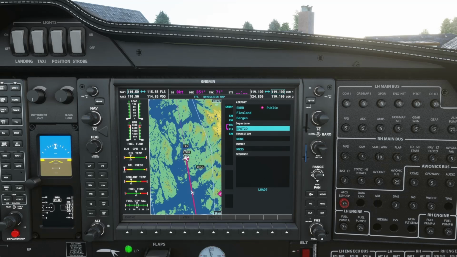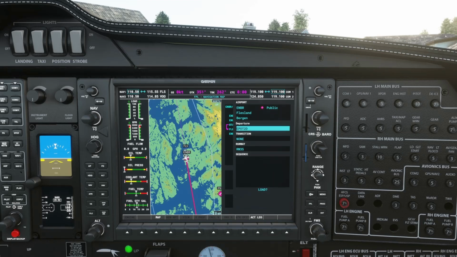No, actually there's no transition, so we'll click on that and then we'll go straight down to runway. Once again, if there's more runways, then you turn the inner knob and that will actually show you other runways. Okay, click on this again and then go down to load. Okay, so all we need to do now is actually to load the departure.